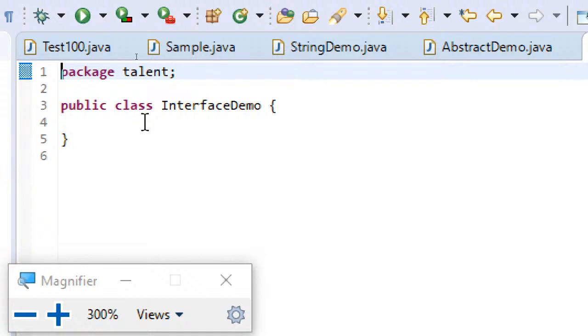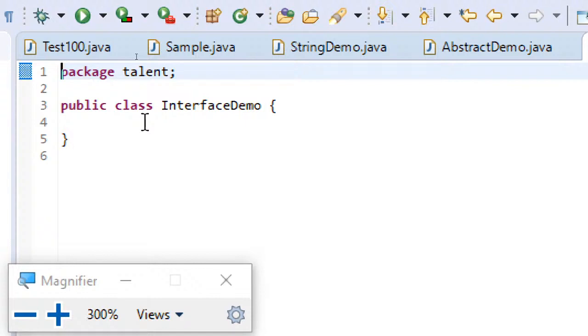When you write extends beside a class, you can extend only one single class. But if you are using the keyword implements, then you can write n number of interfaces there.